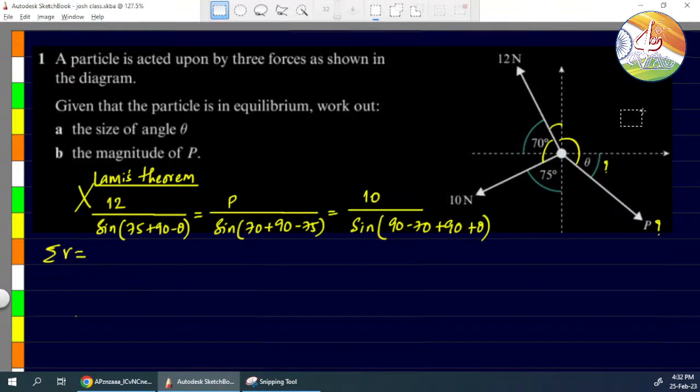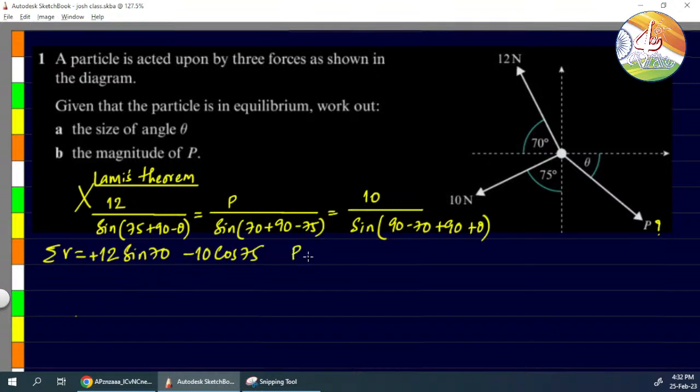Take all the vertical forces. What is the vertical component of 12 newtons? 12 sine 70, and it is acting upwards, so plus. Then what is the component of 10 newtons? 10 cos 75, and it's acting downwards, so minus. And what is the component of P? P sine theta, and it's negative. So this total should be 0. So we get P sine theta equals